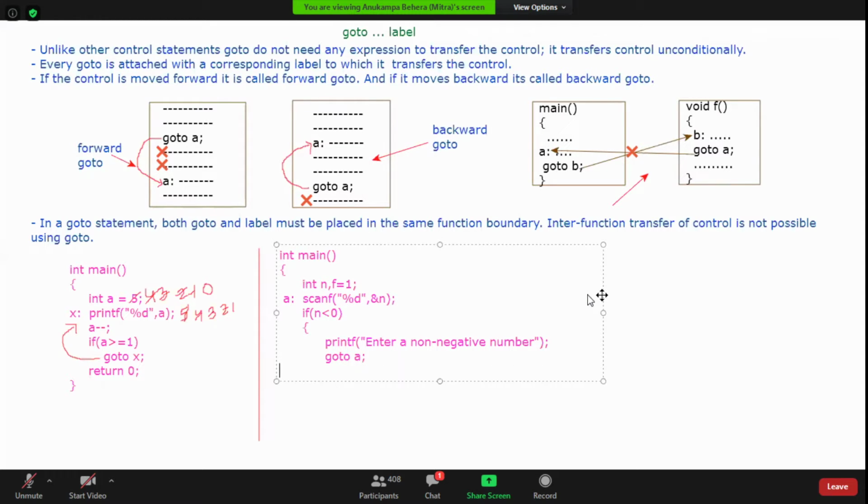We say go to a. This part nobody has done. Okay, next we can write here that if the value of a equal to 0, or you can say if a is less than equal to 1, then we directly write go to result.